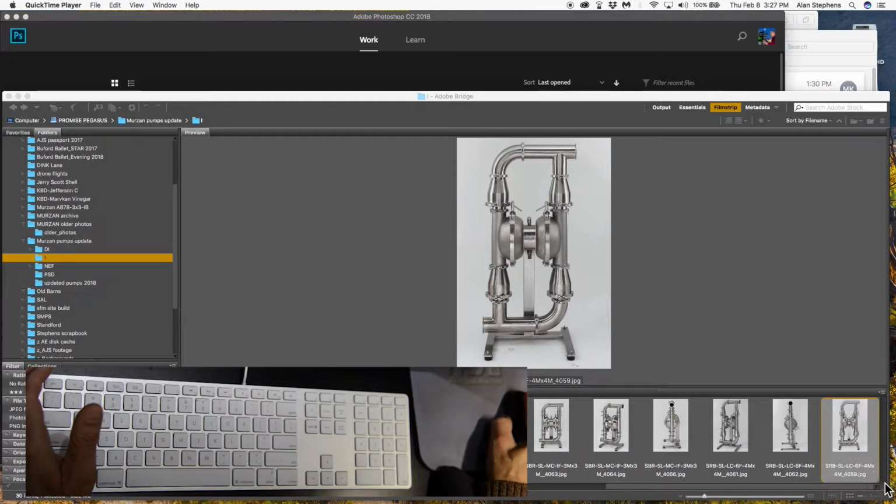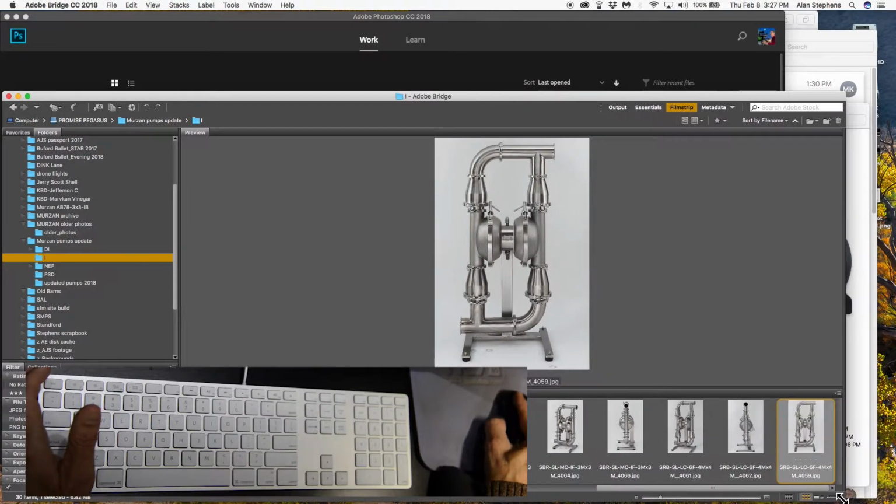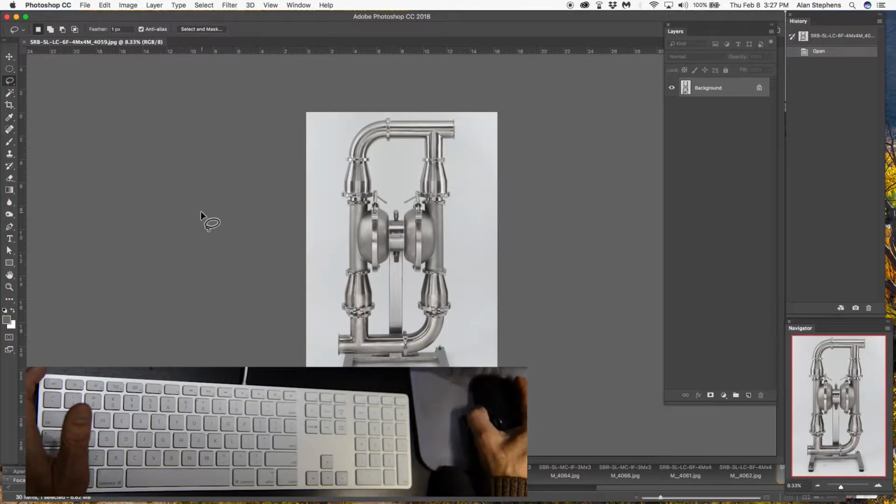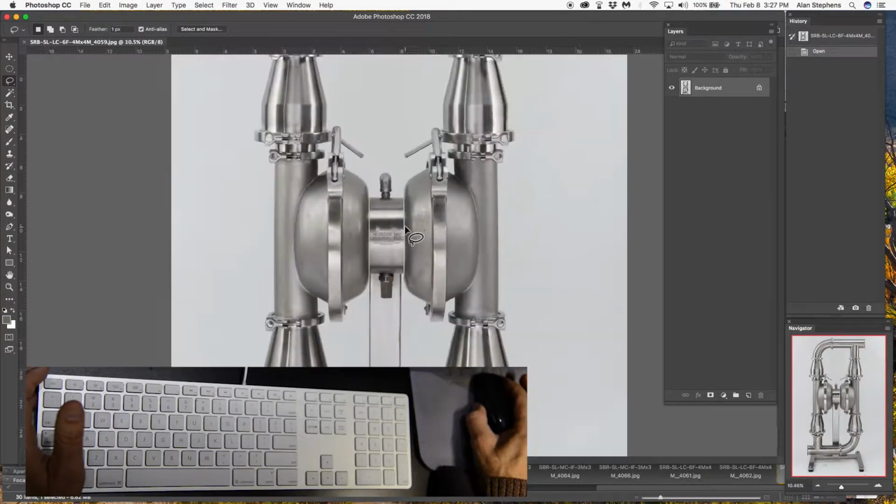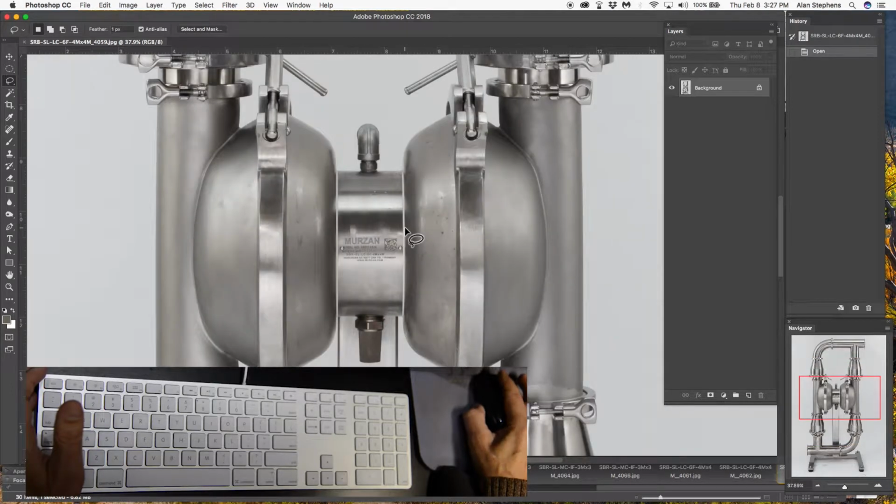I like to use Bridge because it will automatically open up Photoshop, and when I save it, it will save it back to the same directory. Okay. I like to use my scroll wheel to zoom in and out,